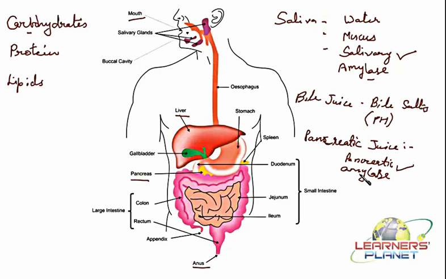So this amylase is going to convert all of the starch into what? All of the starch into maltose. So this is how all starch has been converted into disaccharides now. Further, it is moving forward into the further part of the small intestine, that is the jejunum